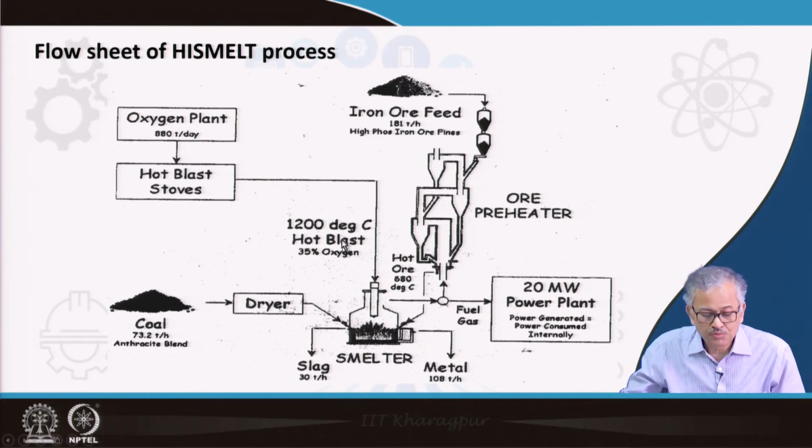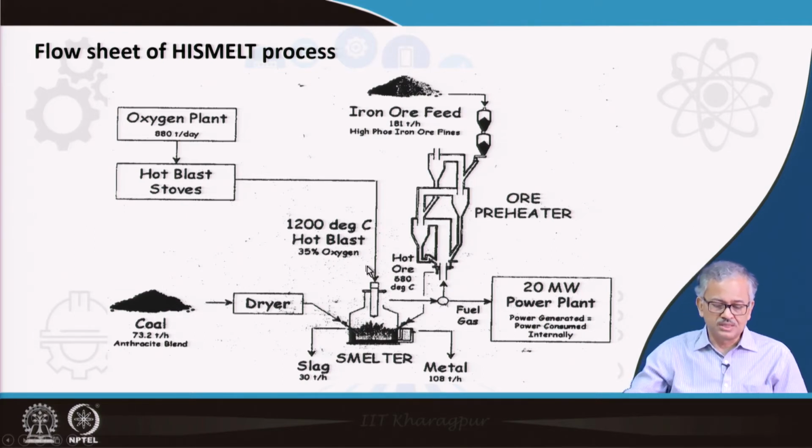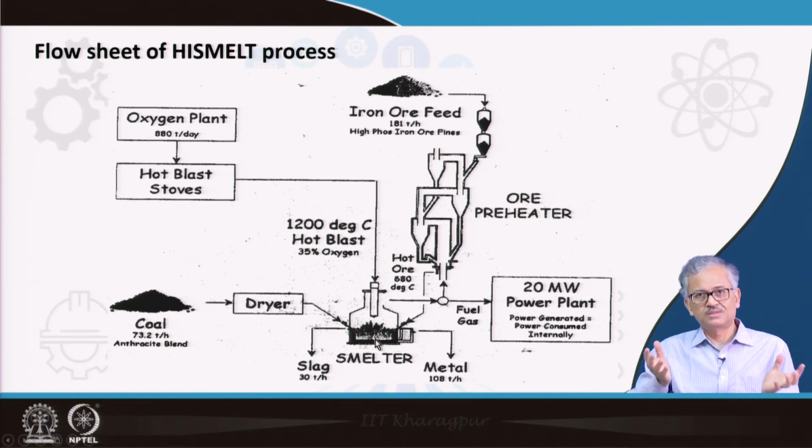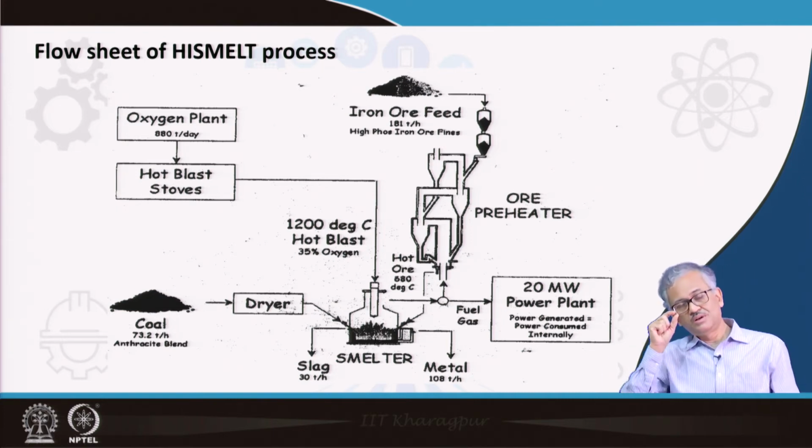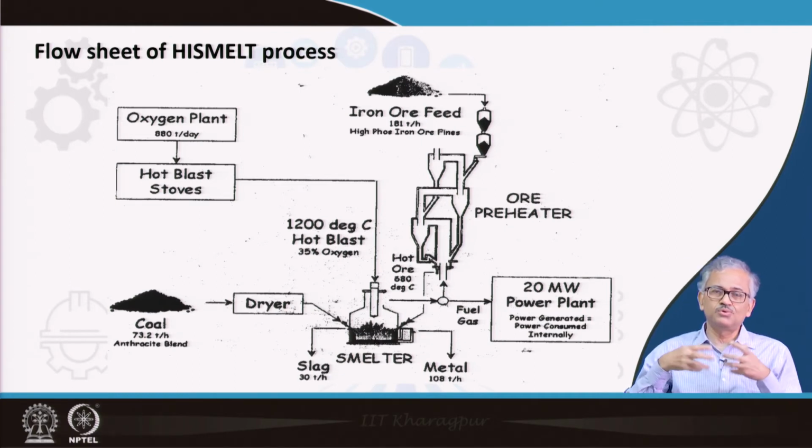Second thing, you have to preheat it to 1200 degrees centigrade. So you have to have some mechanism for preheating the air blast. And then this is the oxygen, it comes in the form of hot air blast, and coal is there. Coal after dryer, you can directly inject into the liquid bath. So the coal powder is not dumped on the top, it is injected inside the liquid such that the efficiency of coal burning and reduction become much more efficient.